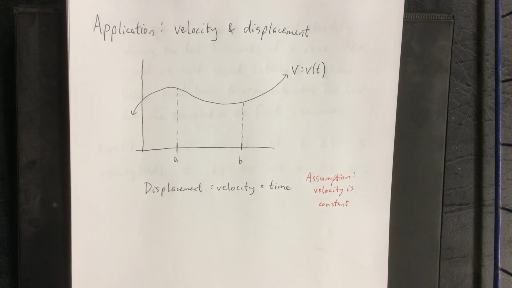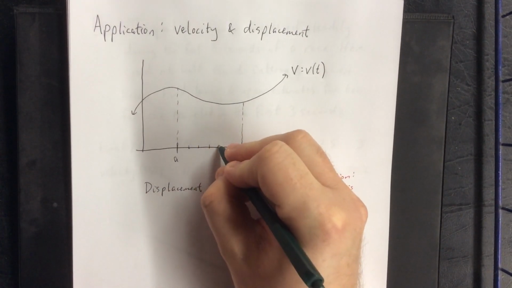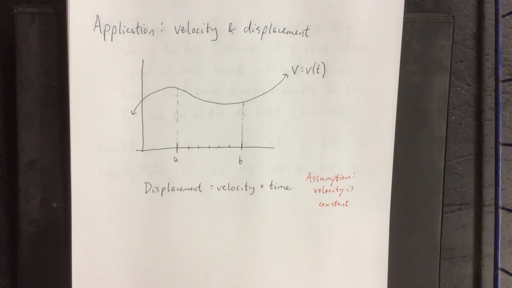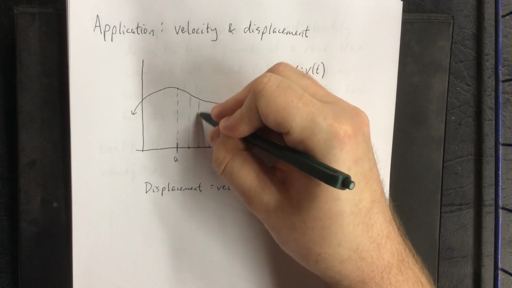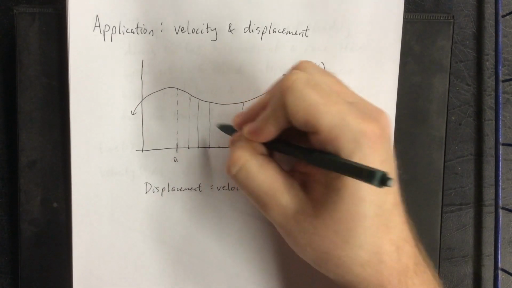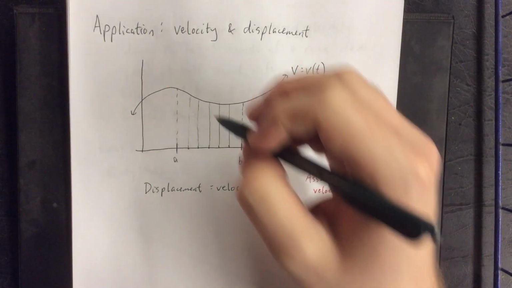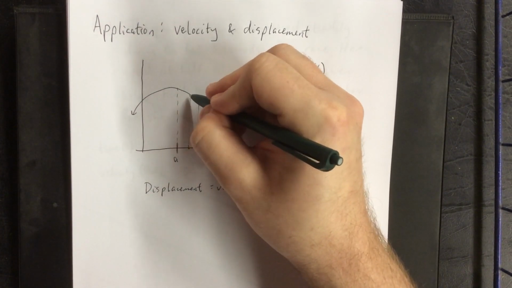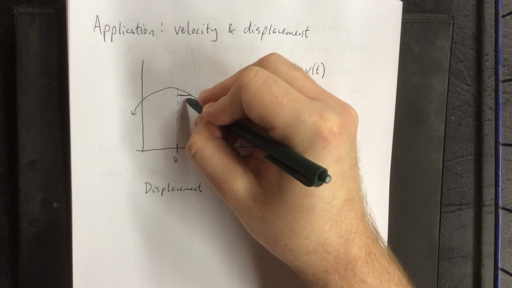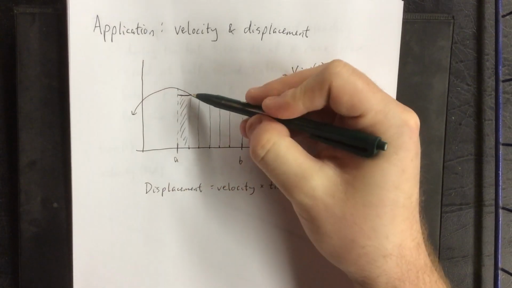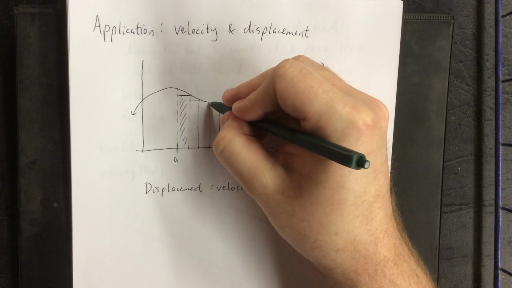However, I would like to point out that if we do what we have been doing up until this point, which is take this interval and break it up into a bunch of little tiny subintervals, and then estimate the area of each of these using a rectangle. By using a rectangle, essentially what you're saying is we're going to go to the top of this and estimate the velocity, or estimate the area using a rectangle. And as soon as we make this rectangle, we have assumed that the velocity is constant on each of these